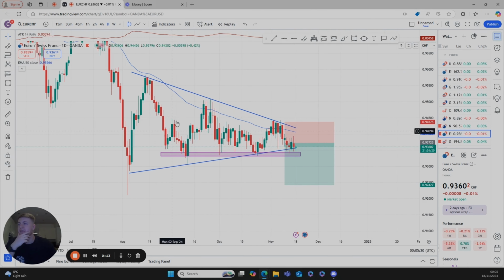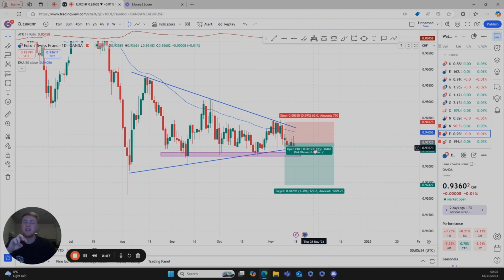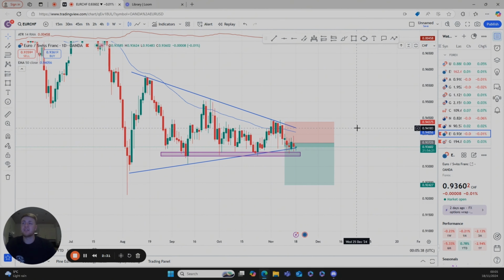We also have a left shoulder, head, right shoulder. So we have the head and shoulders forming as well, which I didn't notice at the start, which is good for me, because it's another reason to identify that it's going to go to the downside. So again, it's patience with this one, I believe, which is why I left it. I didn't bother closing it out in the little profit that it is.